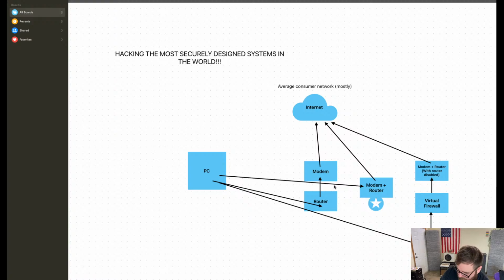For some reason there's a text box, but it goes router, modem, internet. So PC, router, Wi-Fi or LAN to the modem, and then to the internet. Most of the time though, it's this. It's going to be this modem router combo, and it's going to be default. So what happens is,